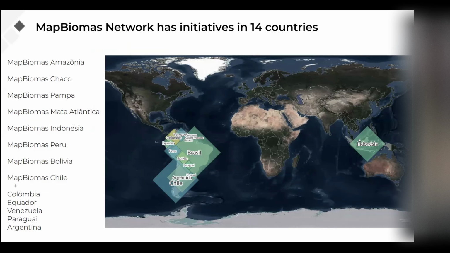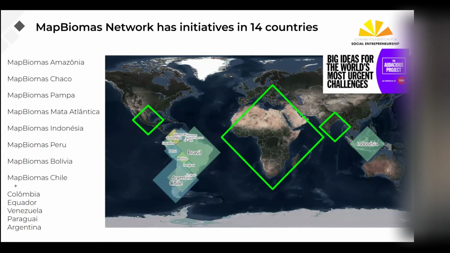Also Indonesia, which is in its fourth collection already, I think. But we are probably expanding next year to the Democratic Republic of Congo. India is already in training this year, so there are some colleagues of mine there right now helping them to put together the maps. And Mexico will probably be joining the club next year, making the map.